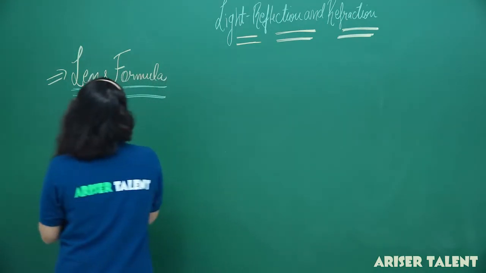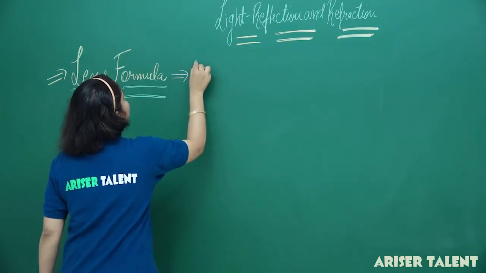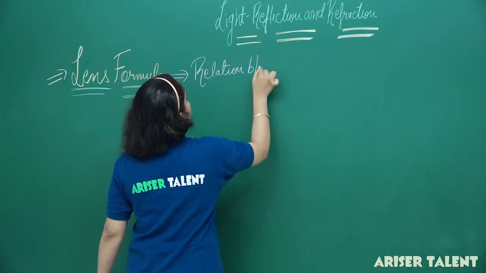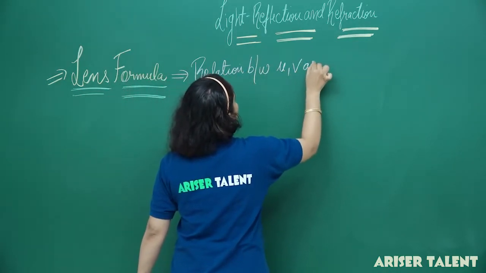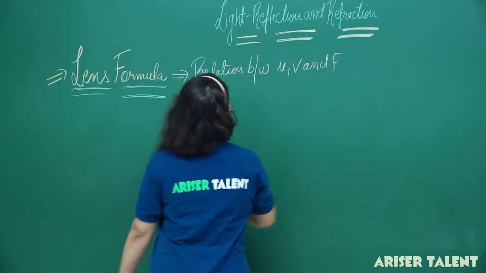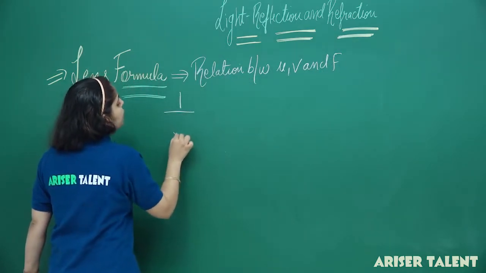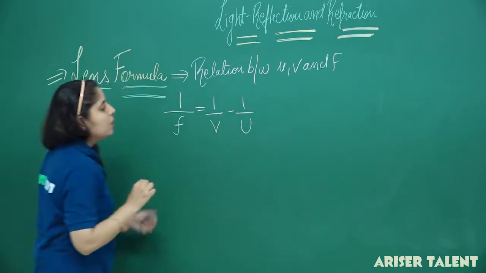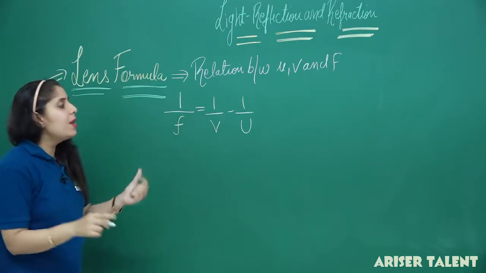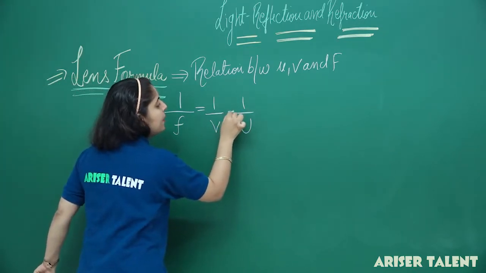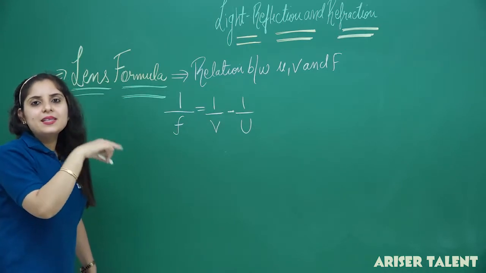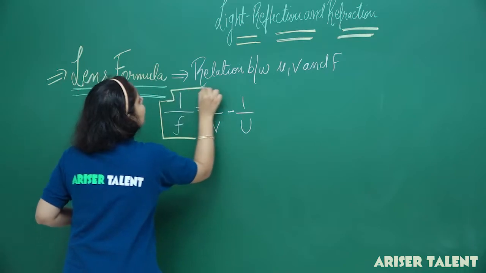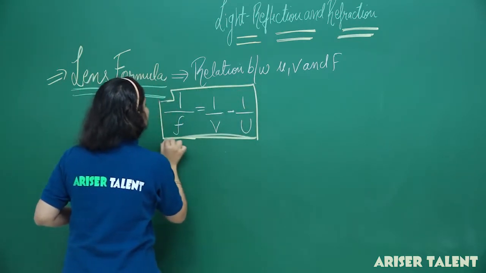Now the lens formula is 1 upon f is equal to 1 upon v minus 1 upon u. One thing keep in your mind: in the mirror formula we have a plus sign here, but in the lens formula we have a minus sign here. So 1 upon f equal to 1 upon v minus 1 upon u is our lens formula,